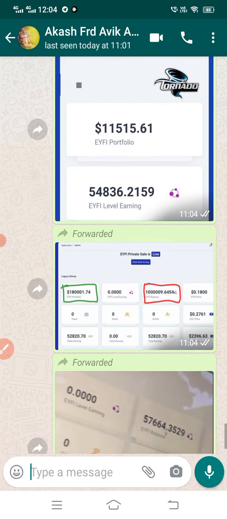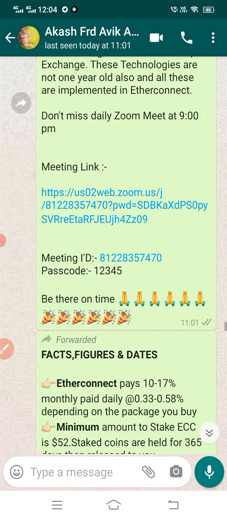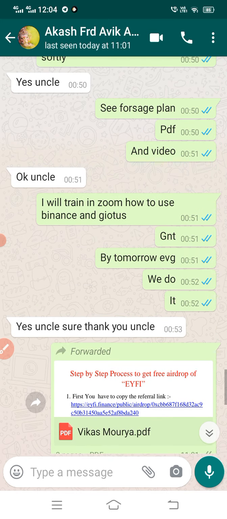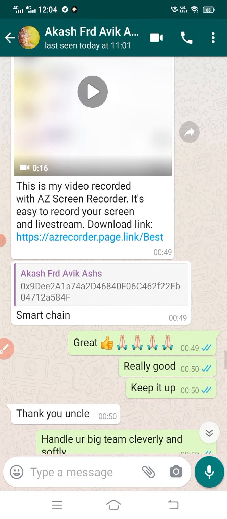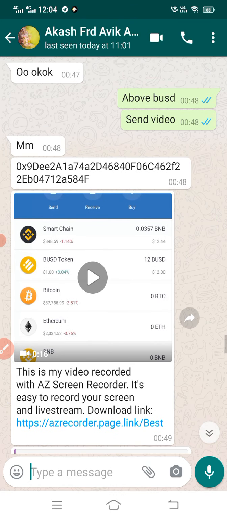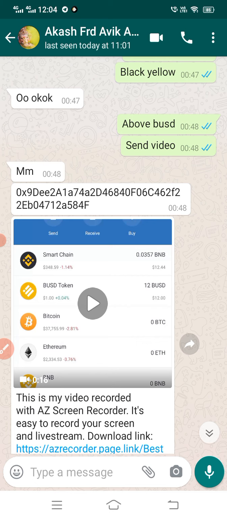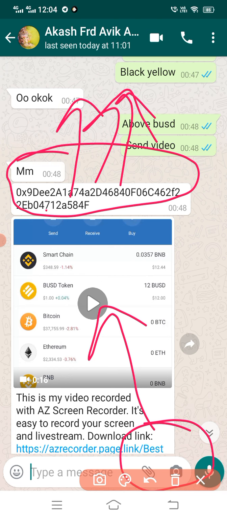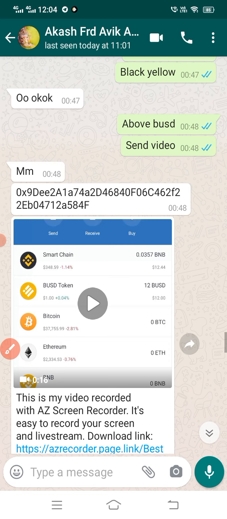Okay, done. So I'm going up where he has sent the address to me. Yeah, this is the address. See here, this is blockchain. Blockchain technology means no one can manipulate. No one, completely decentralized. No back office, nothing, no withdrawal. You will get directly into the wallet. A wallet is like a purse. This is the address sent by him. So I'm going and copying this address.